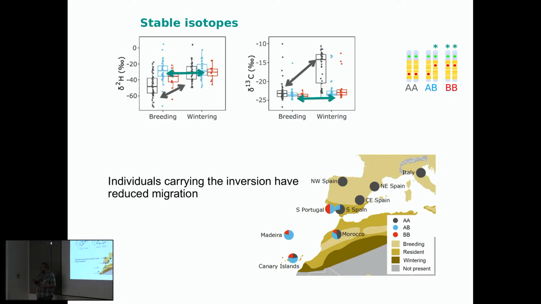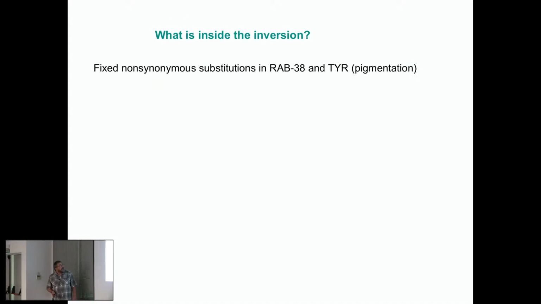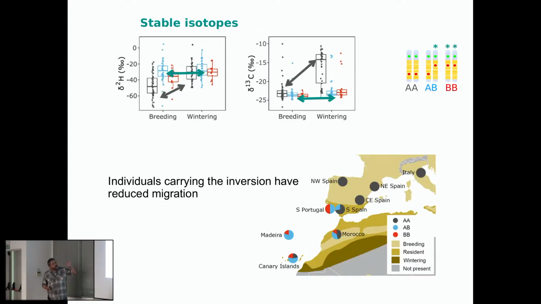You see? It seems that the individuals that do not have the inversion are spending the summer and the winter in very different areas. Individuals that have one or two copies of the inversion do not migrate, or they migrate very little. Okay? So it seems that this inversion affects the morphology, but also the behavior. So we have then this block of genes that is not recombining, that is affecting many aspects of the life history and the behavior of the quails.